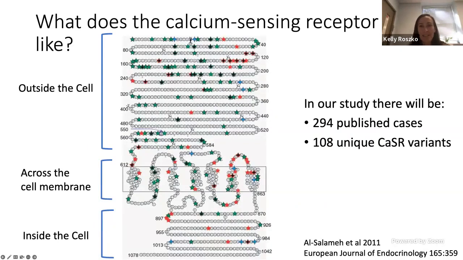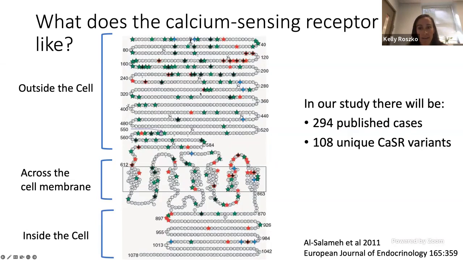So I put this up just so we could look a little bit closer at the calcium sensing receptor. I know we've spoken about it quite a bit, but this is a real close molecular view. So the calcium sensing receptor protein is actually made up of 1,078 little tiny building blocks. And these blocks are called amino acids. A change in one of these amino acids can cause the receptor to be too active. And that, again, is what leads to ADH1. That means the calcium sensing receptor is telling the cell that there is not enough calcium and PTH is not released. So in the diagram here, you can see there's some red and black stars, and these are showing areas